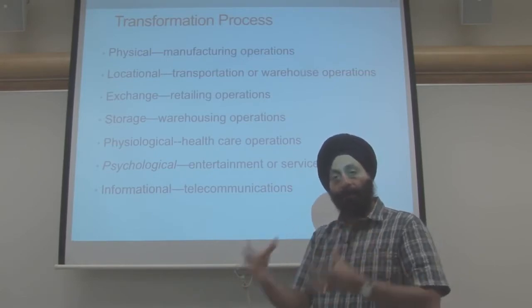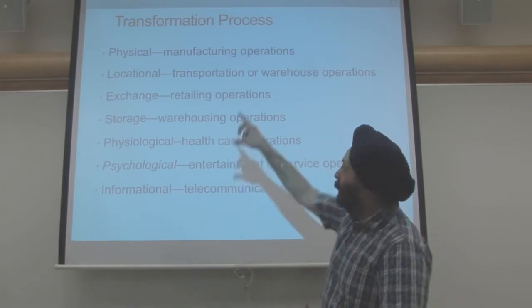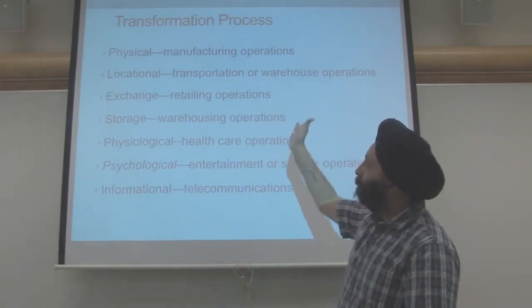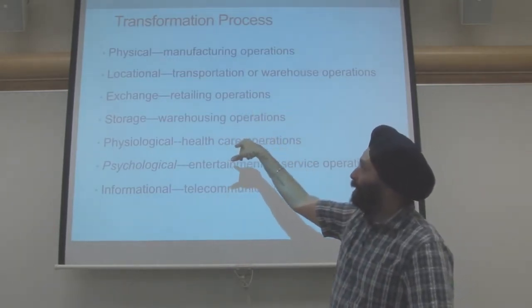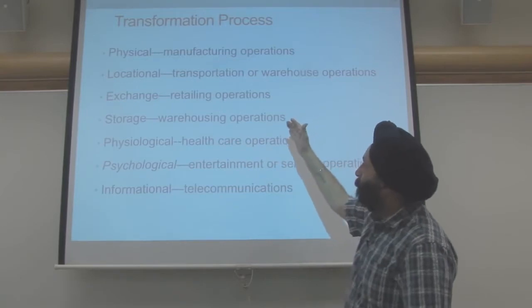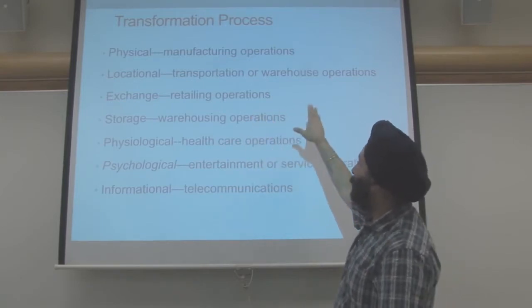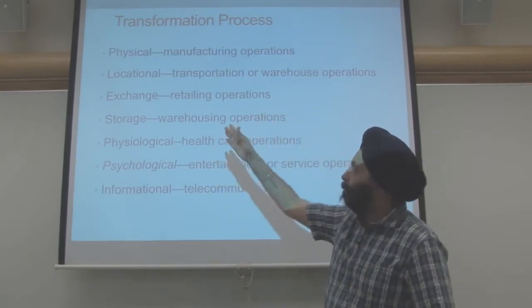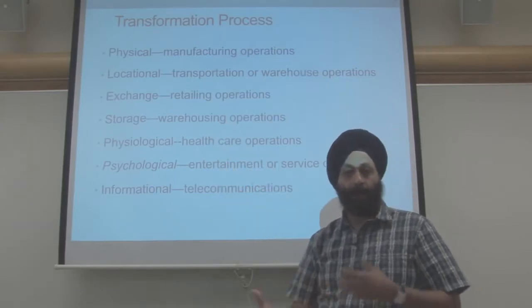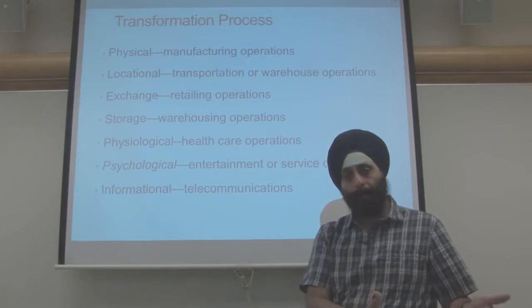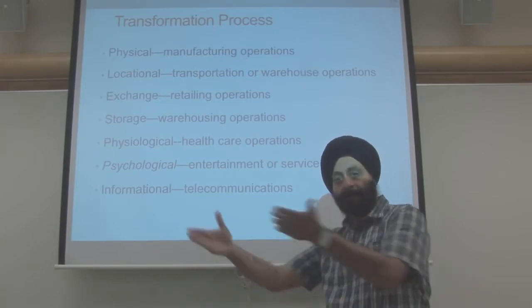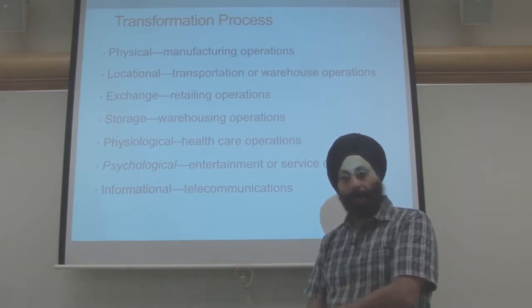Those are the physical properties that are changing. And in this case, typical manufacturing operations will address the physical transformation. Now, other types of operations that we have are transportation and warehouse operations, which allow for locational transformation. That is, an item that is available in place A is now available in place B, because a product that